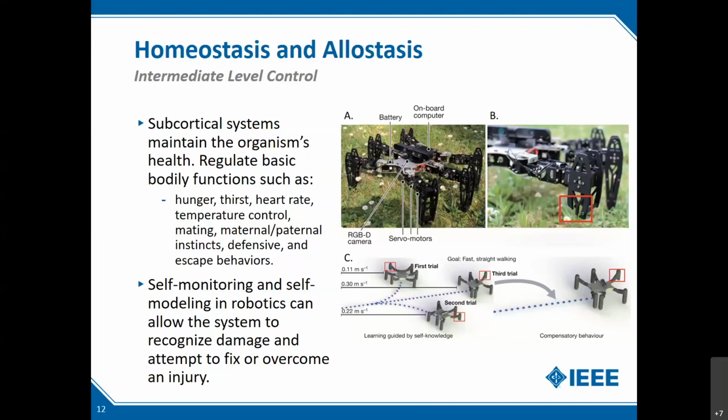To give an example from robotics, on the right is work from Cully, Mouret, and Clune. This was a self-monitoring legged robot, and it could detect when one of its legs was broken. What was interesting was that it did this form of allostasis. It did some self-modeling in its robot brain, tried out different things, predicted what would be the best new gait given the injury, and was then able to adapt very rapidly to overcome the injury.